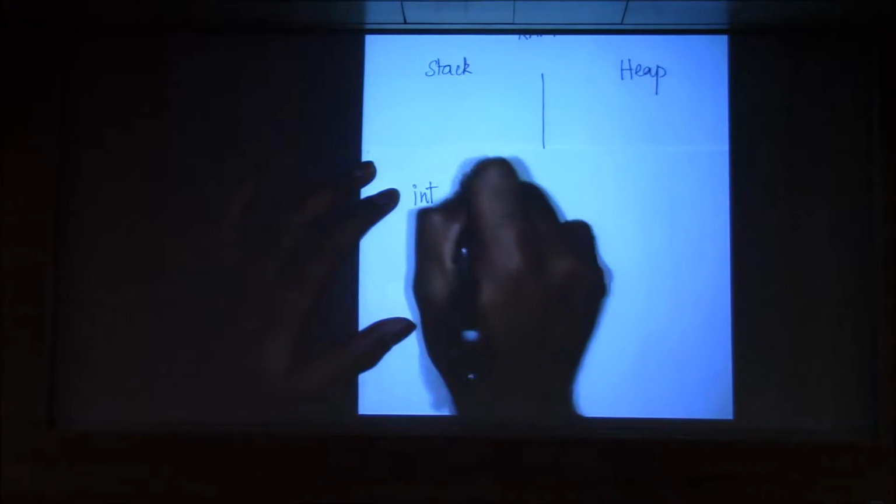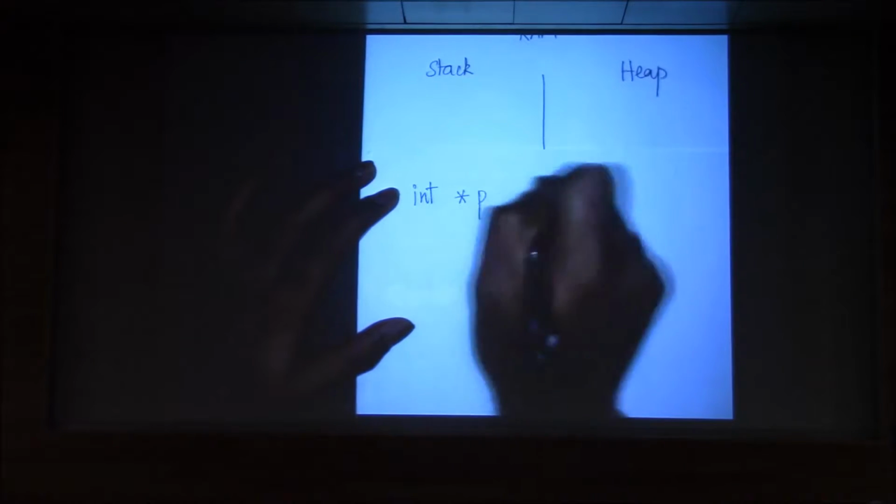If you want to dynamically allocate memory, there are two types of memory in your RAM. You can think that this is your RAM. When your program is using the random access memory, or the main memory, there are two parts in it. One part is called the stack, and the other part is called the heap. And whenever you write some code like, let's say, int star p,